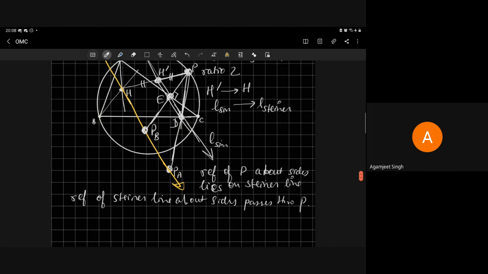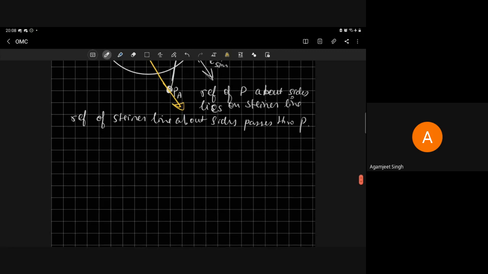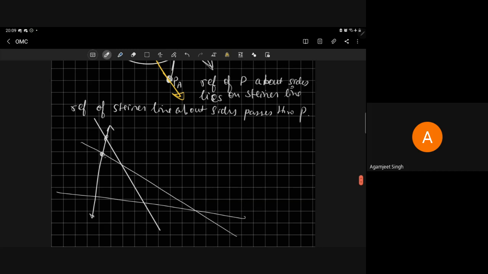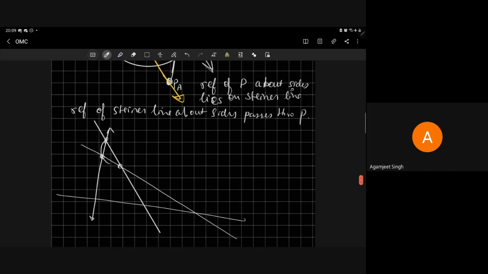So, given the Steiner line, you can construct P by reflecting about the sides. Okay. So now we'll go to the Steiner line of four lines. So if you take 4 lines in general position, if you consider the Miquel point,